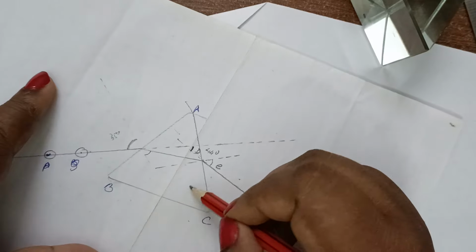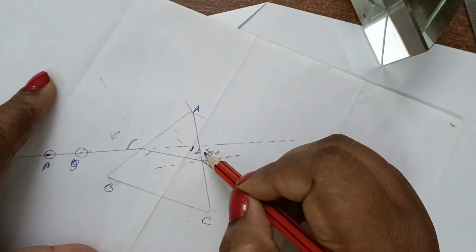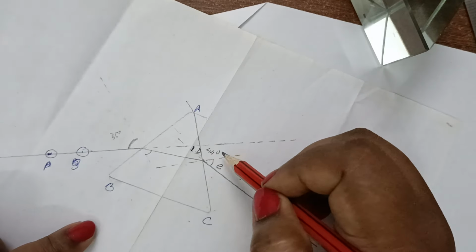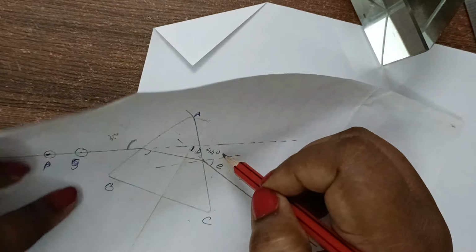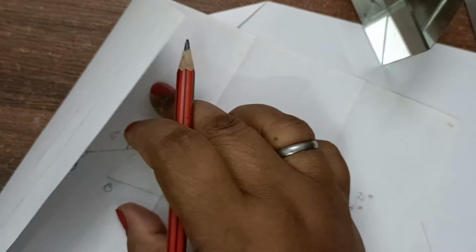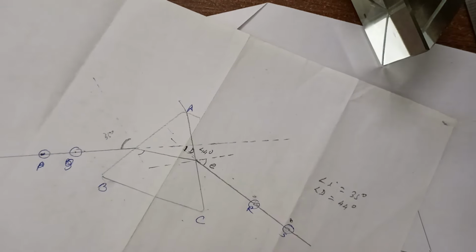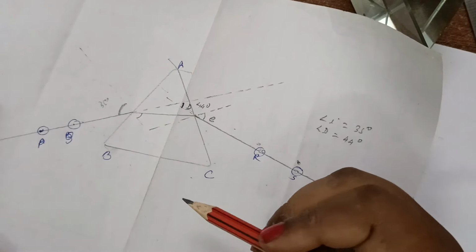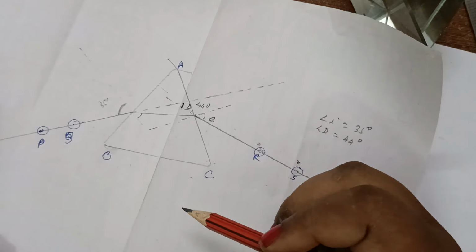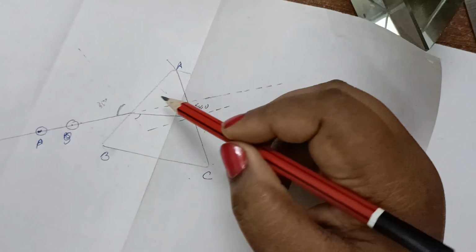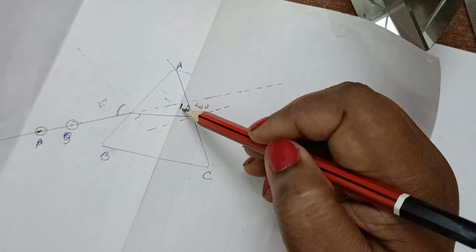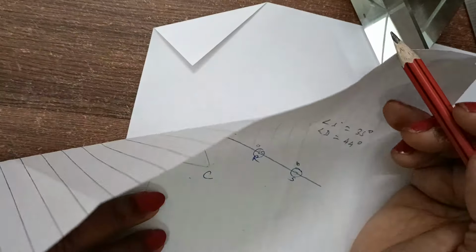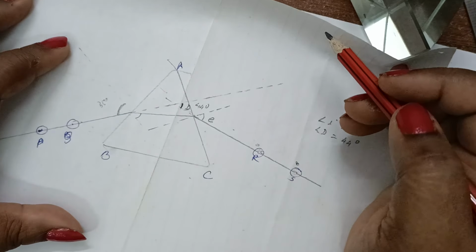This is how we measure the angle of deviation with the help of a protractor. Now these steps are repeated for other angles of incidence also. So this is how we can trace the path of rays of light passing through a glass prism. When I did this, the angle of incidence was 35 degrees, and the angle of deviation I got was 40 degrees. So children, you have to write down this practical in your practical file. Thank you.